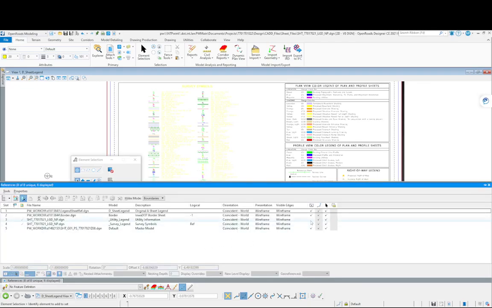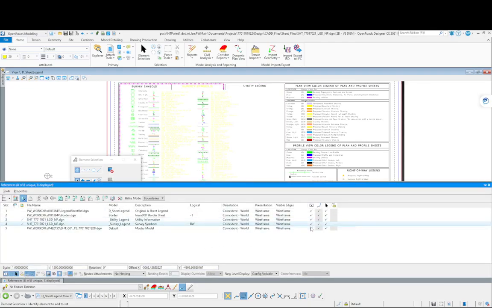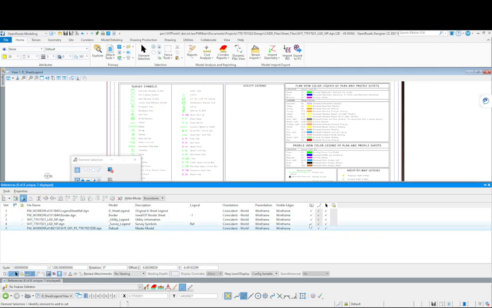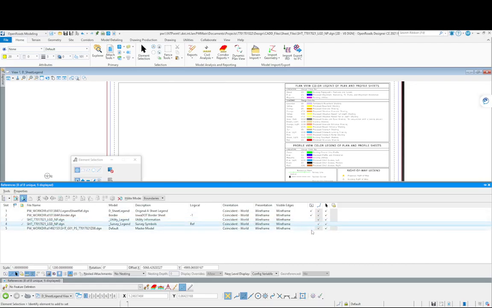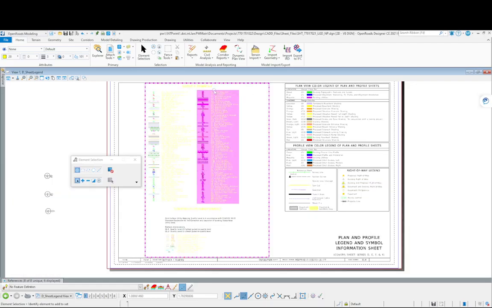Normally it comes in with these on as well. It'll normally come in with your utility and survey information, so you can just go ahead and turn those off. We won't be needing those now that we have our survey symbols and our surveyed utility and owner symbols down here. So as in the other one, you saw that the text was coming in not the